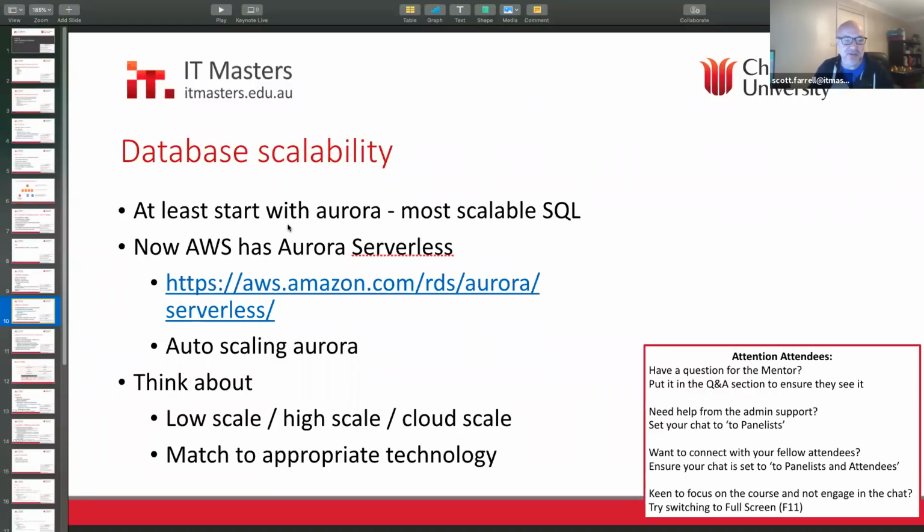I don't know why they call it serverless. It's basically an auto-scaling Aurora. So if you stop doing queries on it, it reduces down to 0 and you don't have to pay. And if you start doing more and more queries on it, it just scales up automatically, and they just charge you for how many queries and how much you're using it.